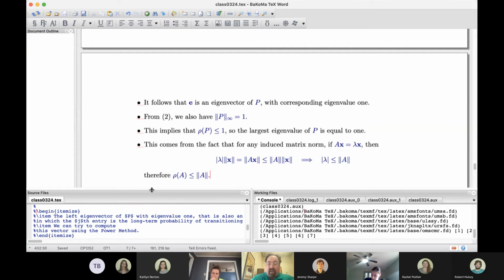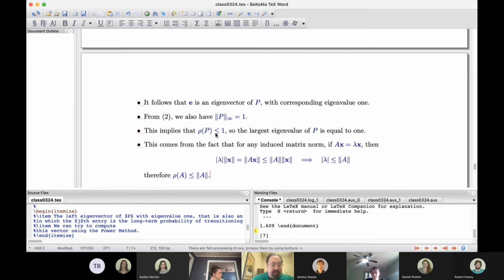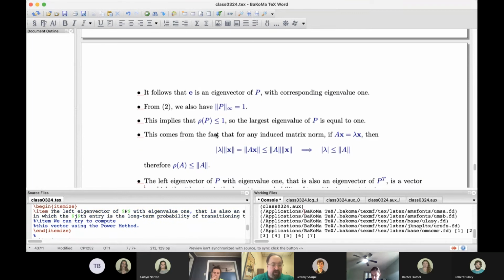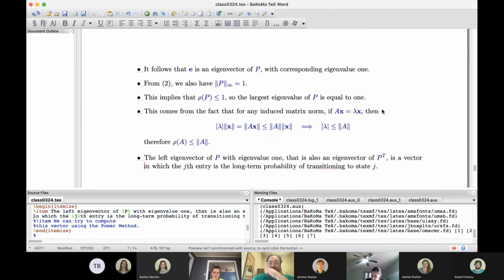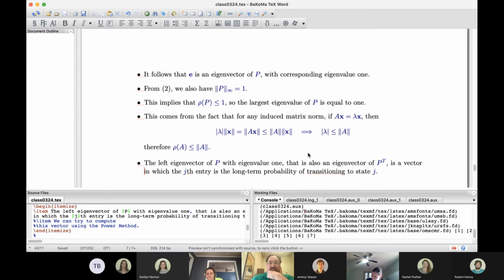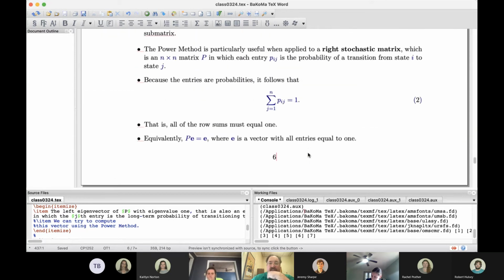Now, this vector of all ones is the right eigenvector of P. But what about the left eigenvector? P has a left eigenvector that also goes with the eigenvalue 1. So that's an eigenvector of the transpose. Now, what is the meaning of that vector? It turns out to be a vector in which each entry is a long-term probability of transitioning to state j. Now, to go back a little bit, in the original matrix,